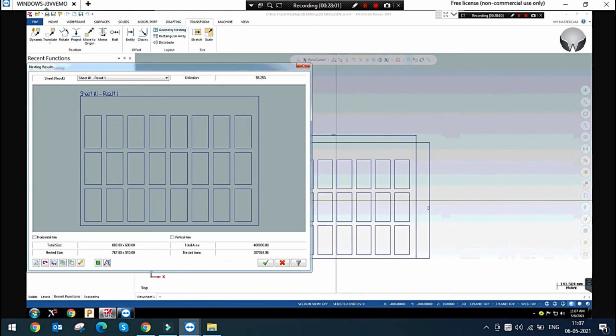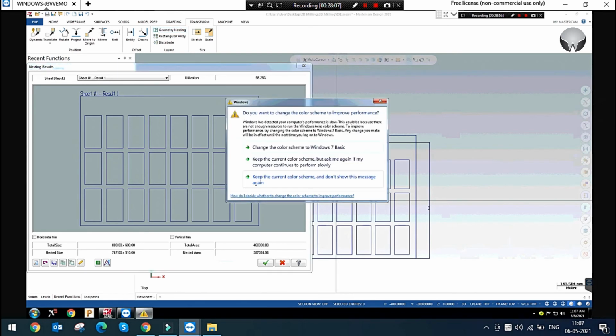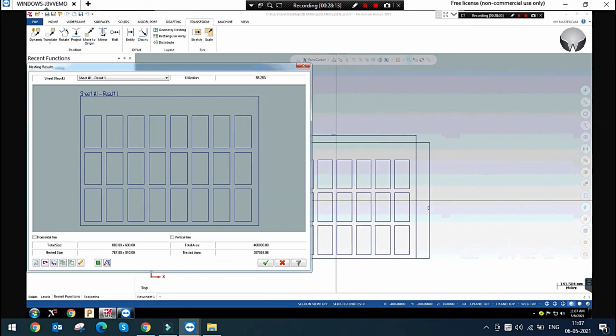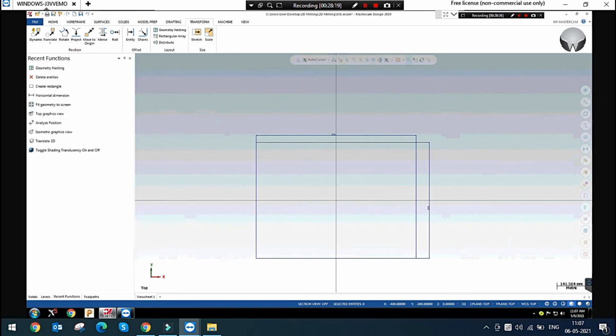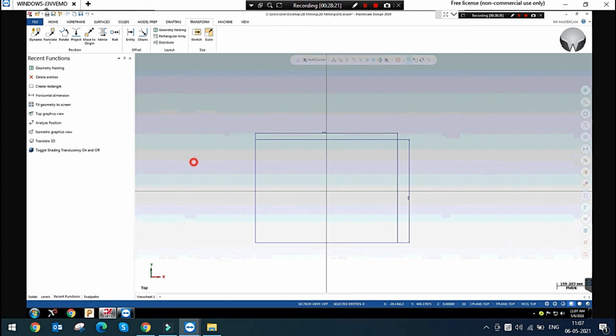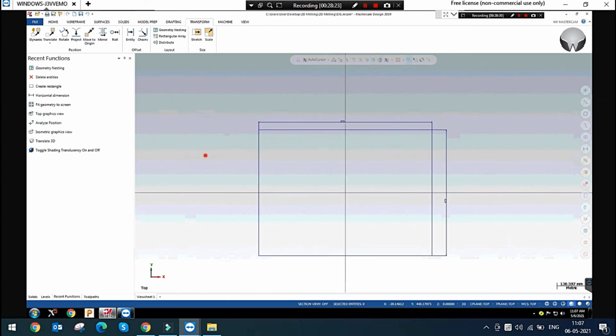We can do the nesting with the 3D. Not only can we use the nest option with wireframe. If you want a 3D model to nest, you can simply align the model first and transform with the rectangular array option.